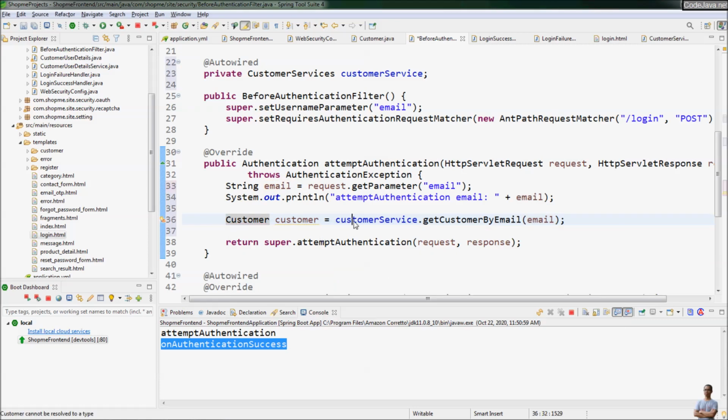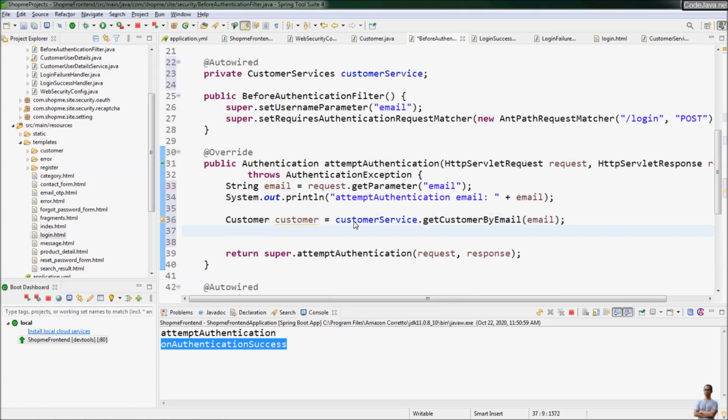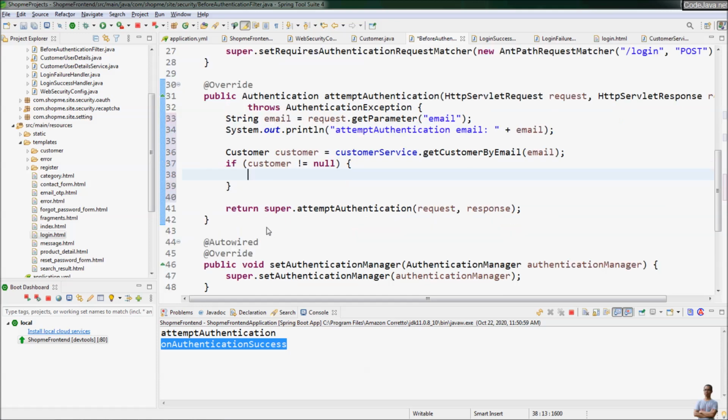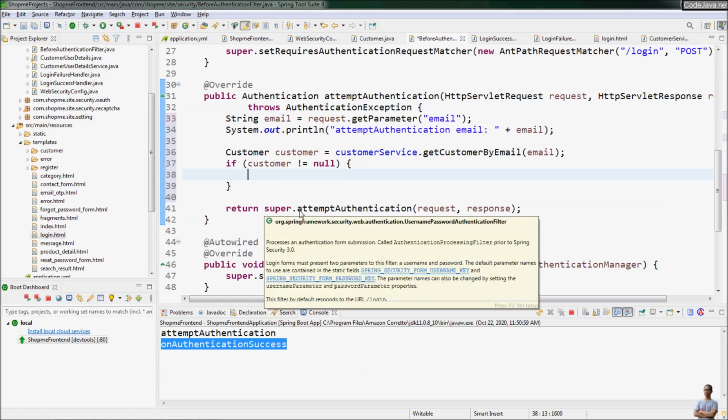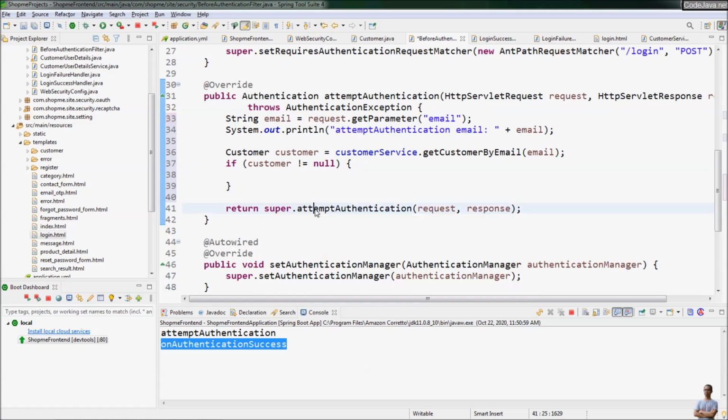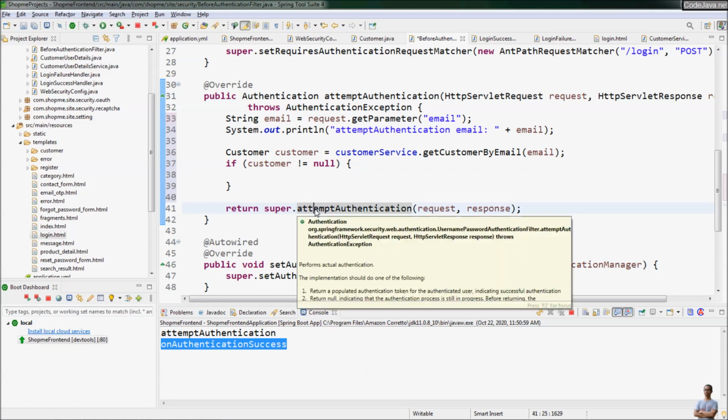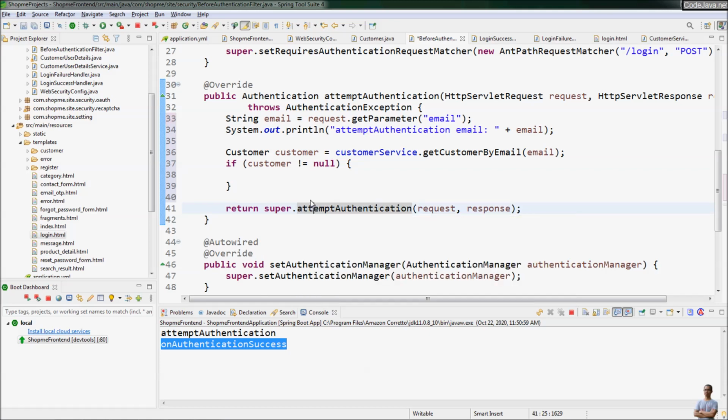Import the entity class, and we check if customer is not null. Then we process. Else we return super.attemptAuthentication to let Spring Framework authenticate the user normally. And in case a customer is found with the given email, then we check